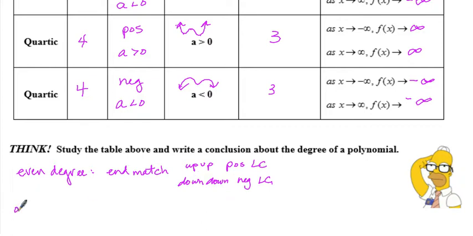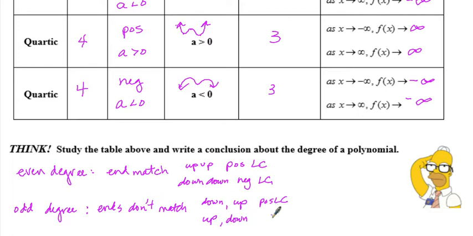Now, for odd degree: linear, cubic, to the 5th power, to the 7th power, to the 157th power, the ends don't match. They are down on the left, up on the right for positive leading coefficient, and they're up on the left, down on the right for negative leading coefficient. That one's harder for me to remember, so what I try to remember is, how do